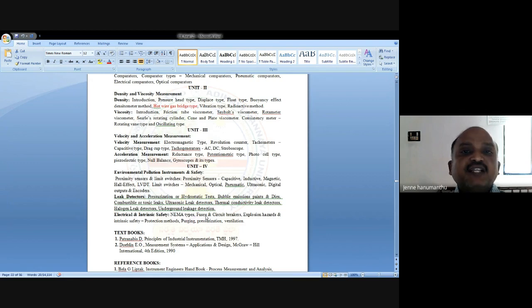You want to break the circuit. When should you break the circuit? When any over voltage occurs, or over currents are passing through the circuit, we have to break the circuit. So we need to use circuit breakers. Circuit breakers are a very big, interesting concept. It will be available in the fourth year. There is one subject, industrial electronics, where you can study circuit breakers for protecting thyristors, silicon controlled rectifiers. That's about circuit breakers.